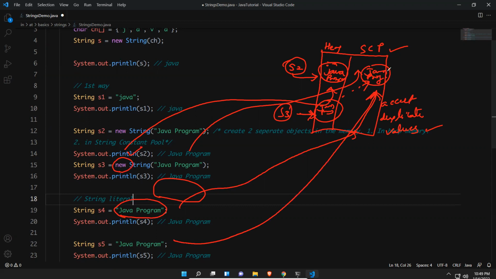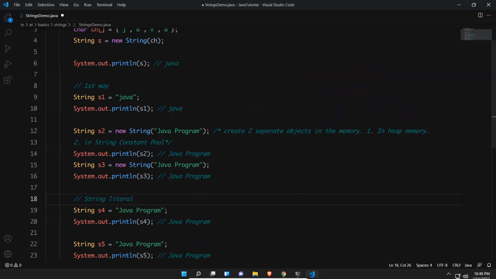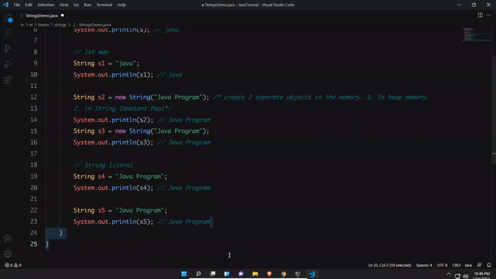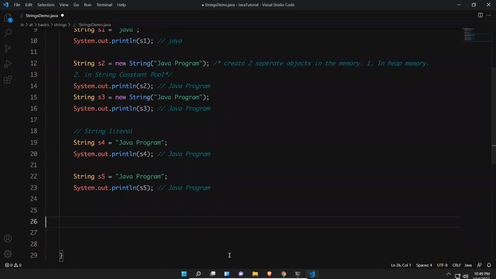So we'll try to prove that. Let me clear this. For that, we need to use one of the methods as proof: System.out.println.